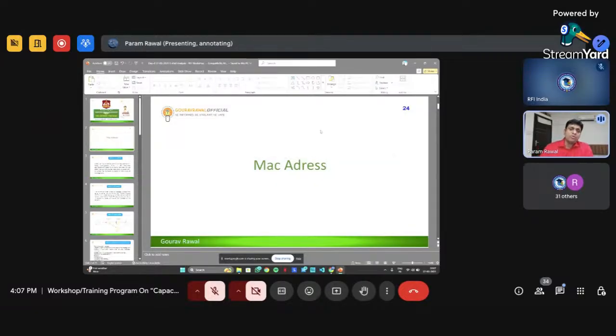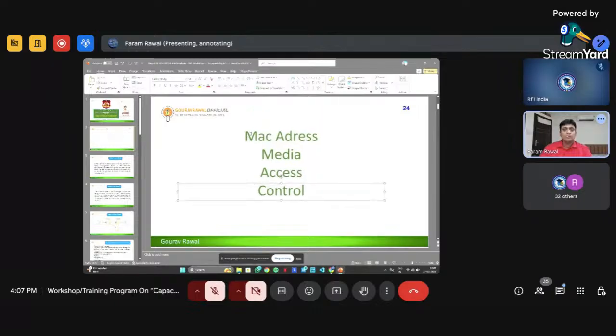The full form of MAC is Media Access Control. And address, we know that. So, media access control address.